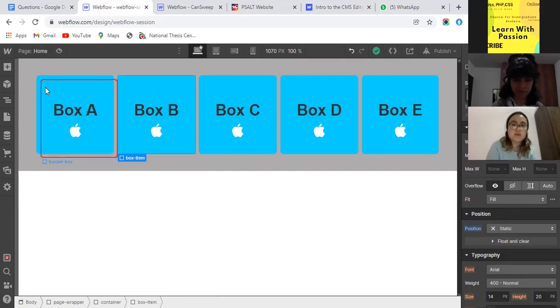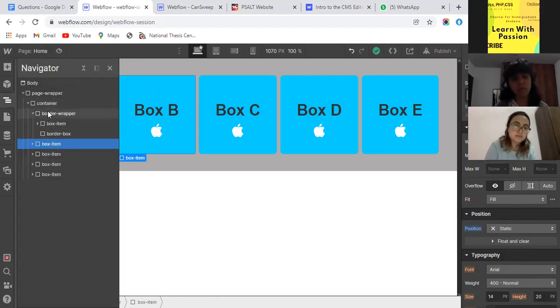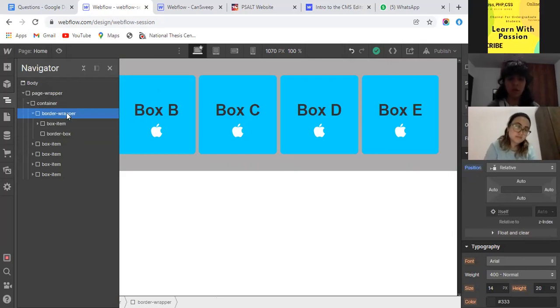So both the box with the heading and the one that has the border, you put them on relative, right? Yes, basically this border wrapper has the relative class. Now these both are working with respect to their parent.